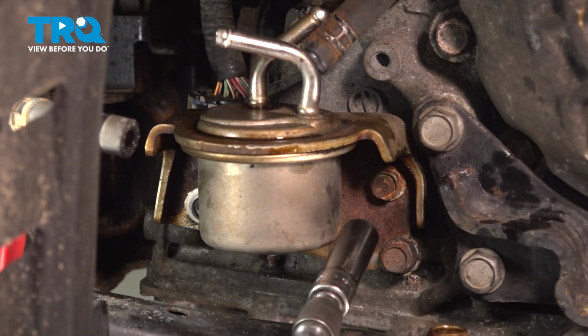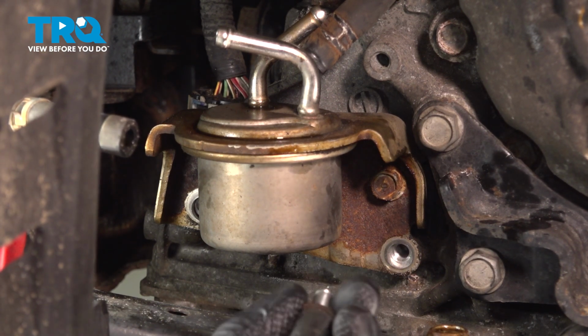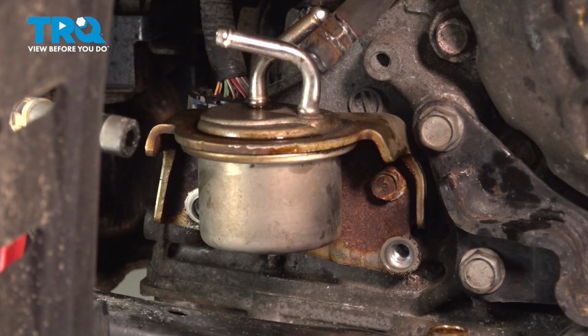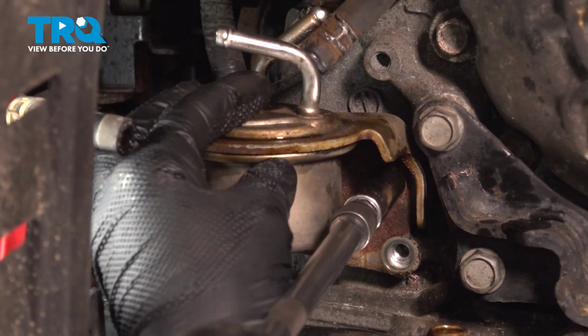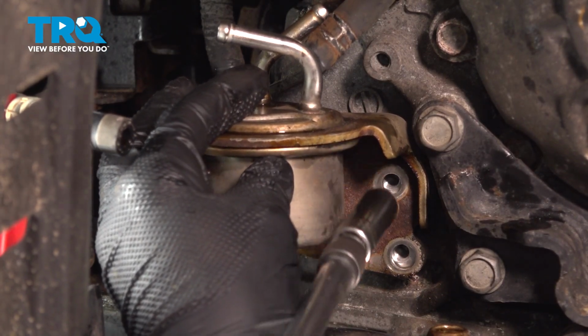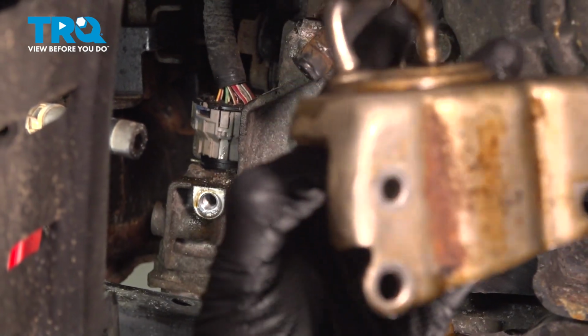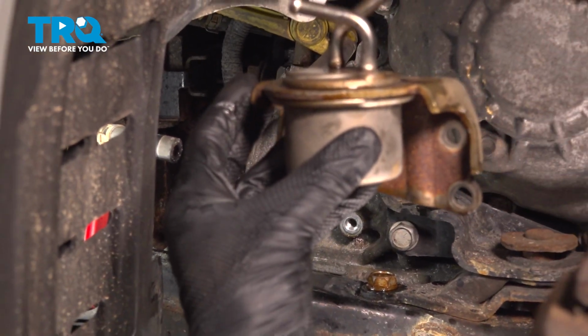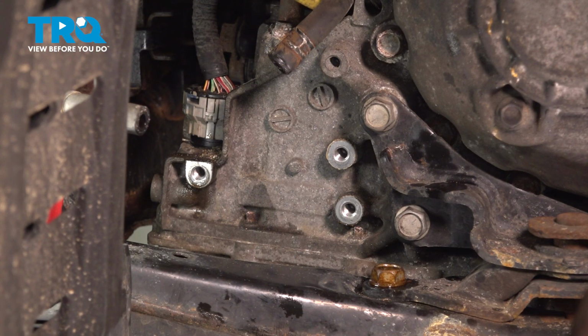Let's get our next two. For the last one, let's make sure we're holding onto the transmission filter so it does not fall out and potentially hurt us. There it is, friend. Now that we have that out of place, the next thing we need to do is clean all three of